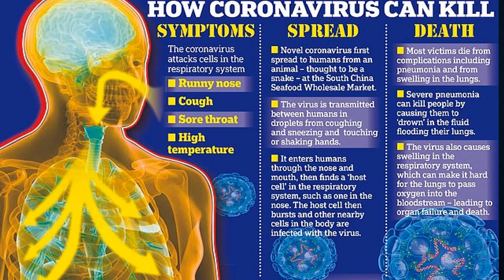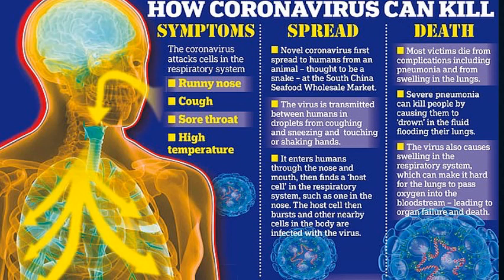The death from the virus: most victims actually die from complications, including pneumonia or swelling in the lung, because it involves the entire lung. Also cardiac injury, sometimes renal failure. So many organs in the body might be seriously involved and affected in infected people. Severe pneumonia can kill people by making them drown in the fluid flooding the lung, because in acute respiratory distress syndrome the fluids fill all the alveoli and it appears as if the lung is drowning in the fluid flooding their